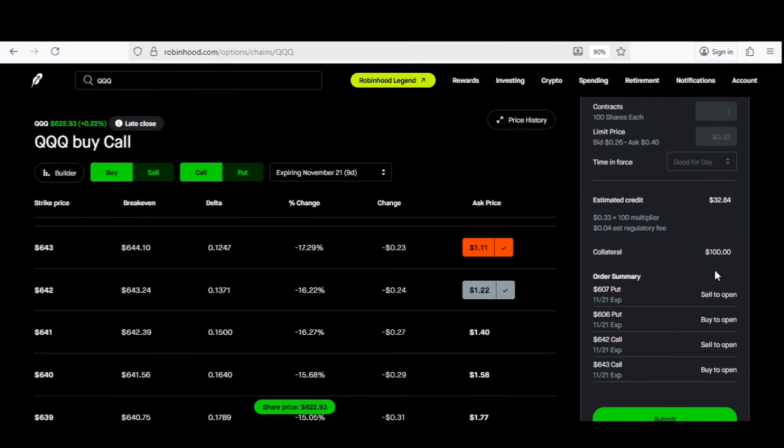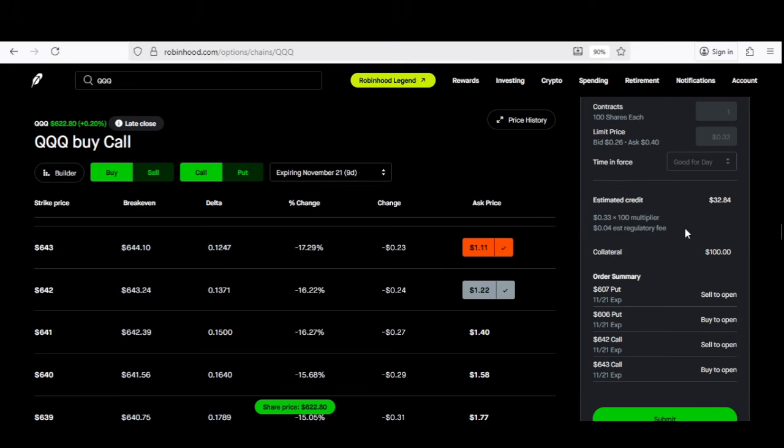The actual amount you're going to be losing is whatever your collateral is, and you subtract whatever income you receive. So in this case, it's going to be $100 minus $33, and you're going to be losing $77. So in actuality, what you are doing is wagering $77 in order to make $33, which is not